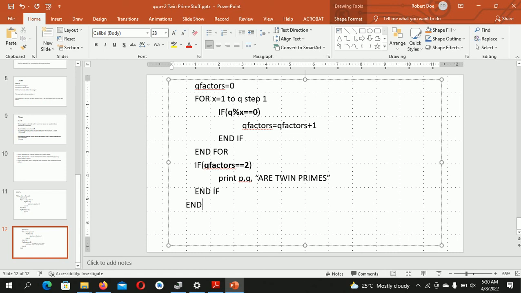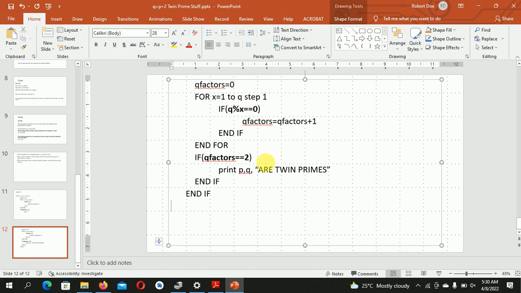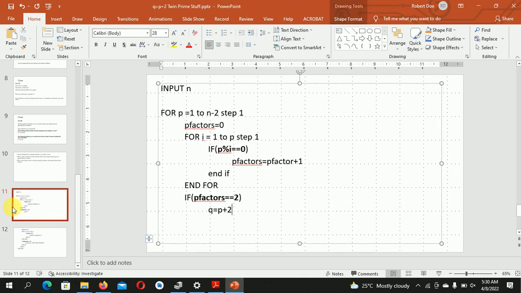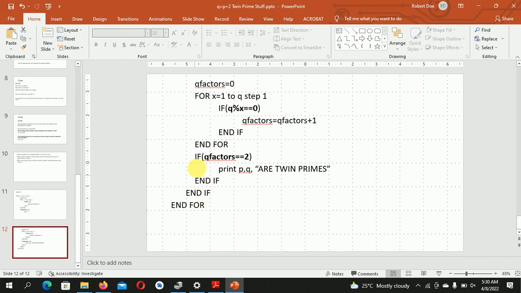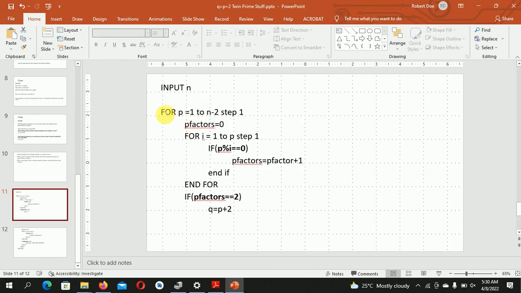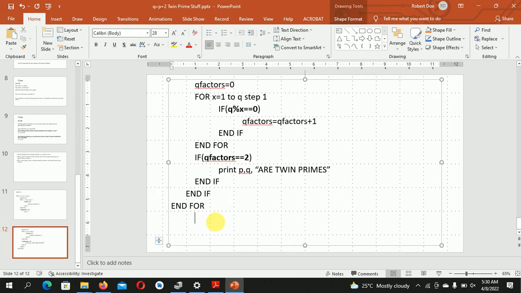If you wrote it, you might have seen it. But since you are waiting for me to write it, so this is basically where we end. This is the if that I had to end first. Immediately I ended this, this is the if, okay. And now we are inside another for loop, so I had to end the for loop too. And then this is the end of the code, right? All right, we are done then. Stay tuned for the next